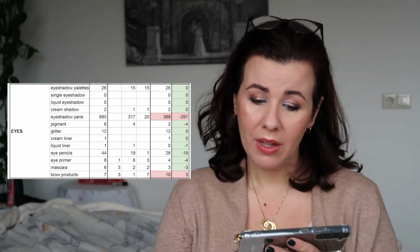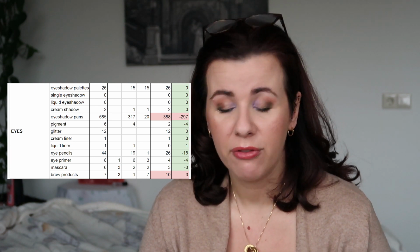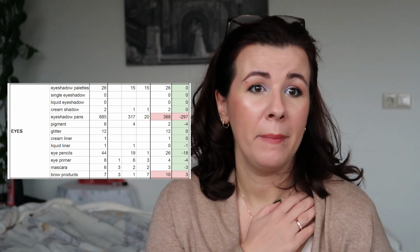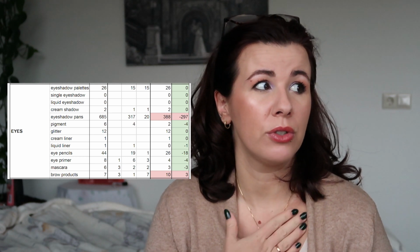I bought one this year, which is the new Nabla khaki one, the green one, and I decluttered 19. Eyeshadow primers, I have 4 from 8 last year. I finished one. It takes me like a year to finish an eyeshadow primer, so 4 is a lot. But I know that I have 2 glitter glues, the NYX and the Glam Shop, and then I have the Fenty Beauty eye primer, and I just bought the Urban Decay one because I liked the mini that I finished last year,